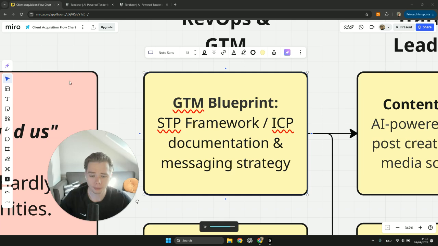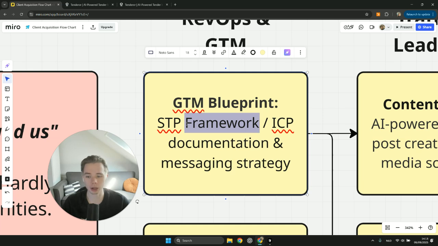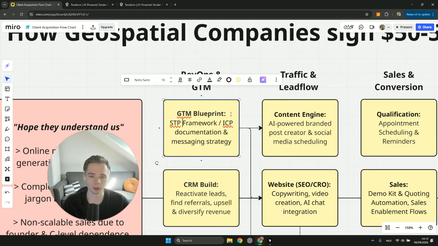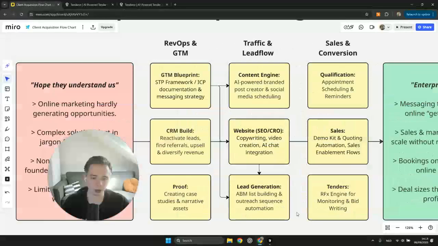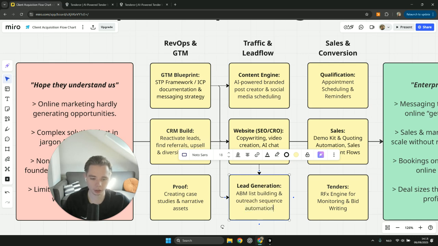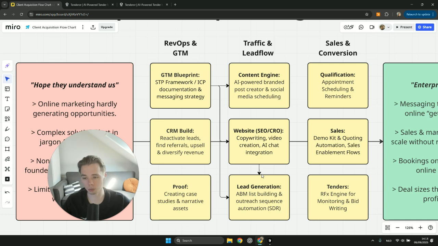We have this framework now, and now that we have this framework, we have basically already gotten the blueprints right. The only thing we can figure out now is at what stage of business you are, and which of these is going to be most important. Truthfully, lead generation, ABM, list building, outreach sequences, and let's say also installing an SDR, in my opinion, always matters. But it especially matters if you're at the stages where you're branching out into a new market or you're trying to essentially